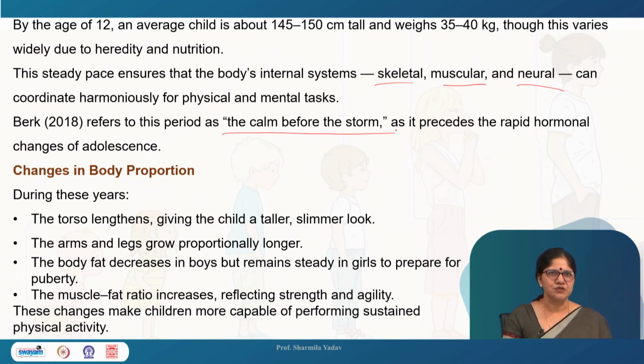Changes in body proportion. During these years, the torso lengthens, giving the child a taller, slimmer look. The arms and legs grow proportionately longer. The body fat now decreases in boys but remains steady in girls to prepare for puberty. The muscle-fat ratio increases, reflecting strength and agility. These changes make children more capable of performing sustained physical activity, and we are talking about physical development, physical growth